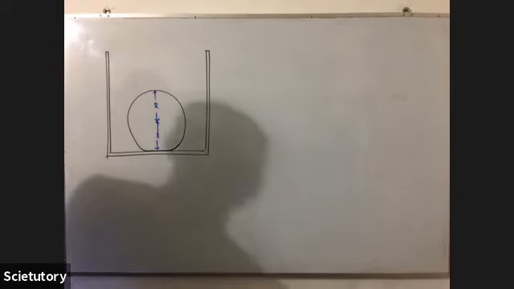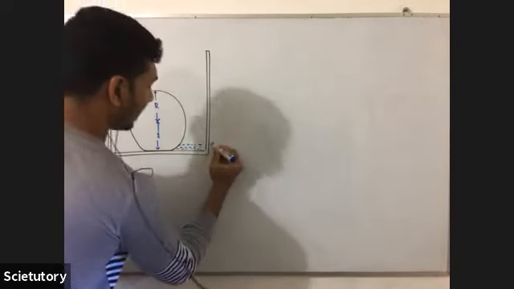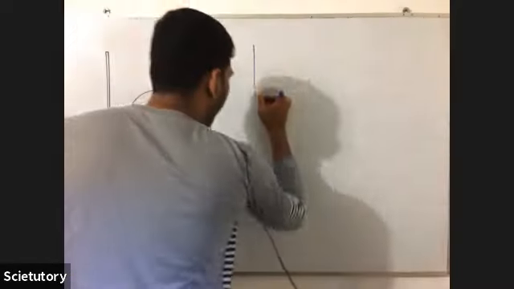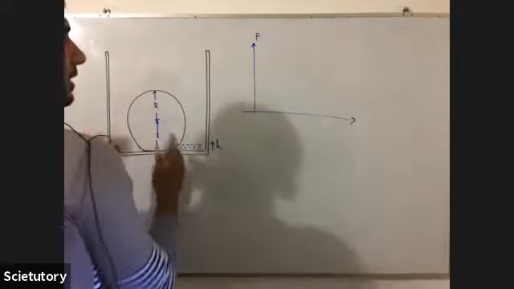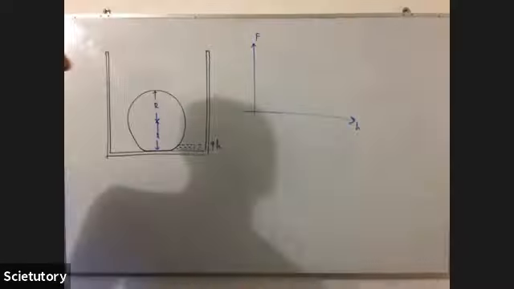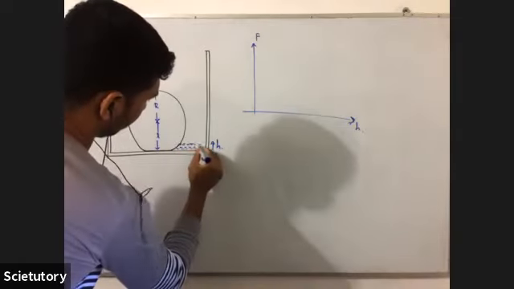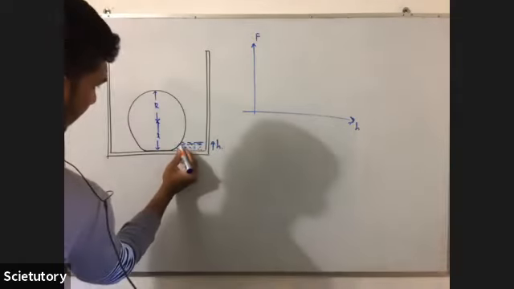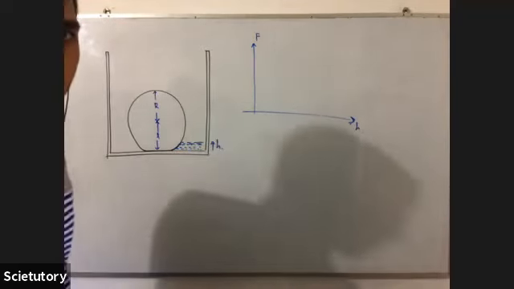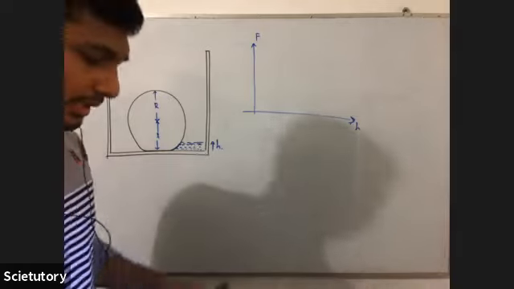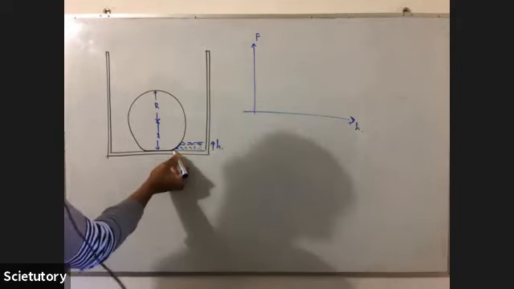Okay, so now you are going to fill water like this, little by little, slowly, and now the H is increasing. So now you are going to analyze what's going to happen to the upward vertical force by water on this sphere with H. Okay. So after you put some amount of water, this bottom part of the sphere is going to get wet. No? So it will get some force due to water.